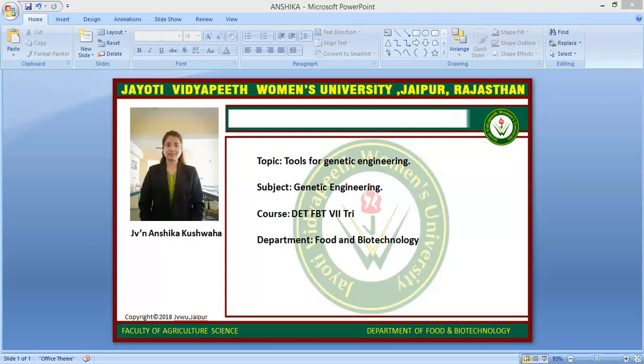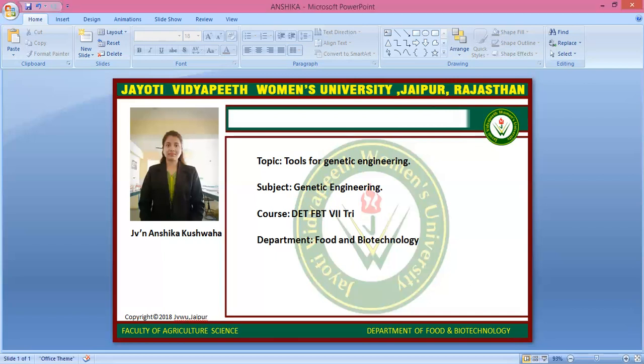Not all cells will take up DNA during transformation. Therefore, it is essential to identify the cells that underwent transformation and those that have not. Generally, plasmids carry genes for antibiotic resistance, and transgenic cells can be selected based on the expression of those genes and their ability to grow on media containing that antibiotic. So these are all the genetic tools for genetic engineering.